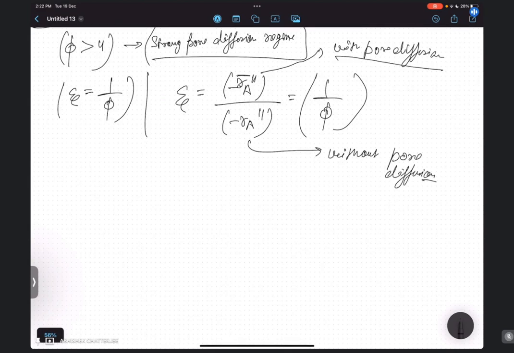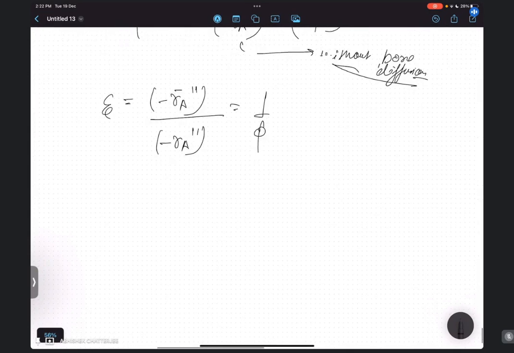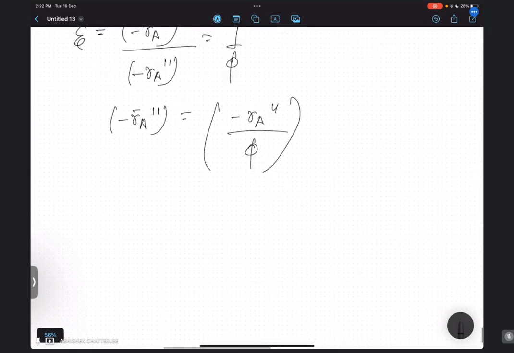Okay, this is with pore diffusion and this is without pore diffusion. Okay, now understand one thing, this epsilon will be equal to -RA bar double dash divided by -RA double dash, that is equal to 1 by phi in case of strong pore diffusion regime. From here can you write that -RA bar double dash will be equal to -RA double dash divided by phi? इसको ऐसे लिख सकते हैं क्या,